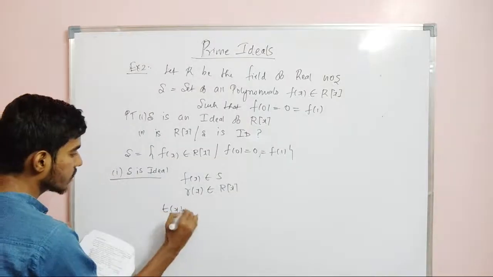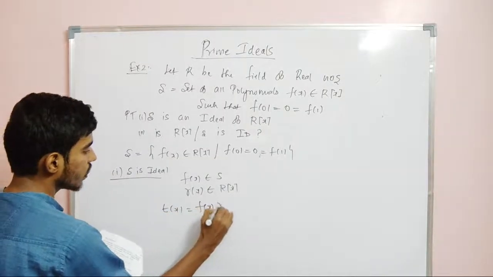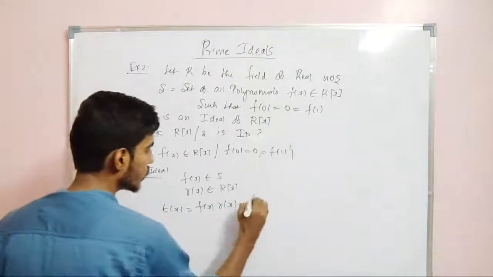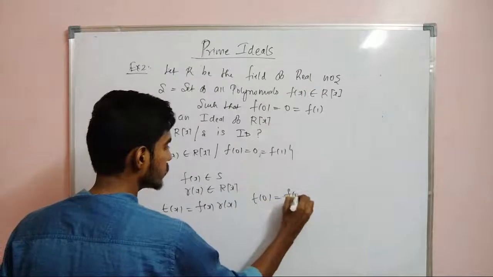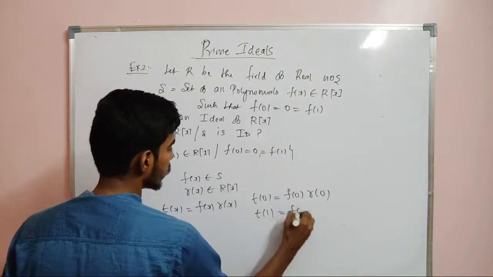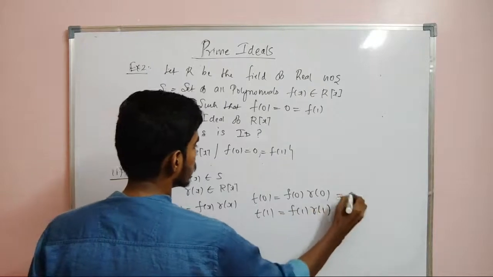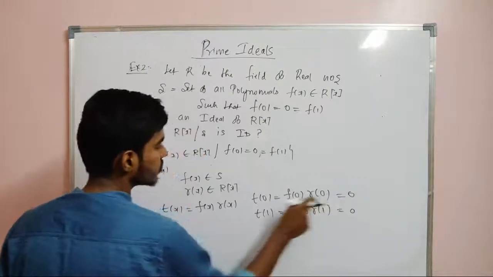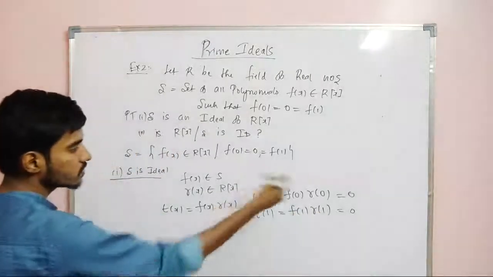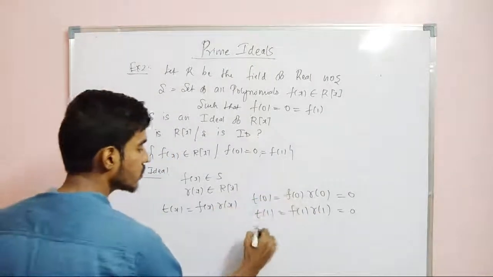So I am going to define t of x as f of x into r of x. I need to show that t of x belongs to S. Now what about t of 0? So t of 0 is f of 0 into r of 0 and t of 1 is f of 1 into r of 1. This is 0, this is 0, because f of 0 is 0, 0 to anything is 0, f of 1 is again 0, 0 to anything is 0. So we have t of 0 is equal to 0, t of 1 is equal to 0,